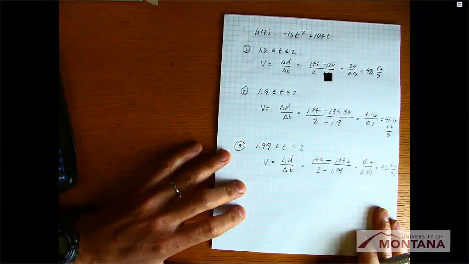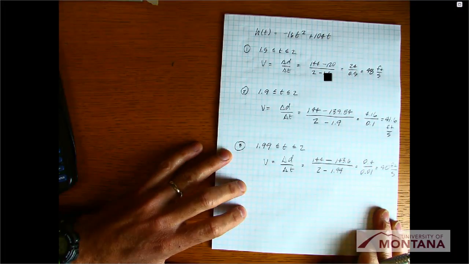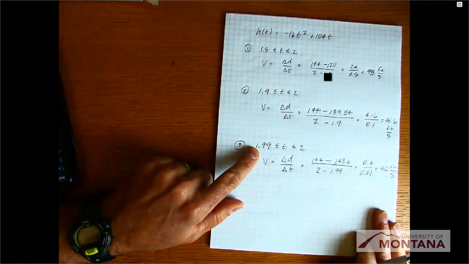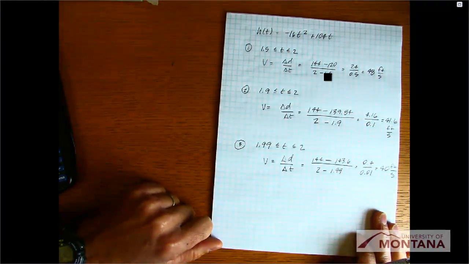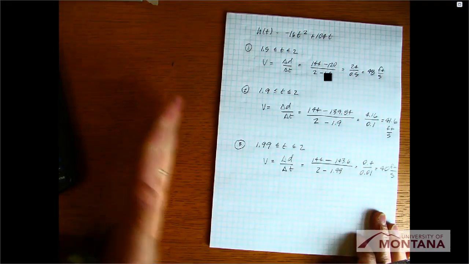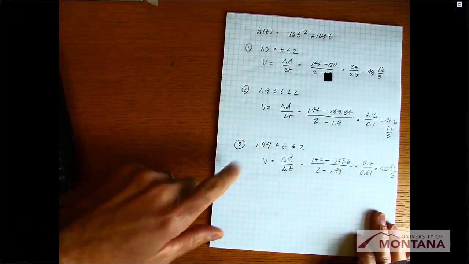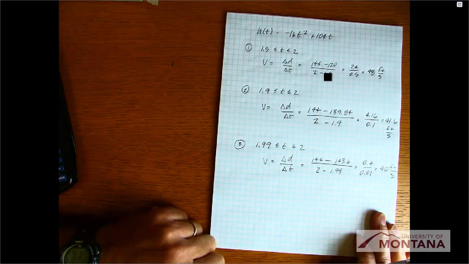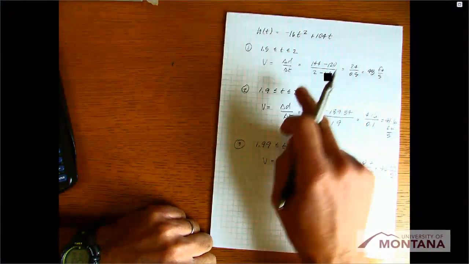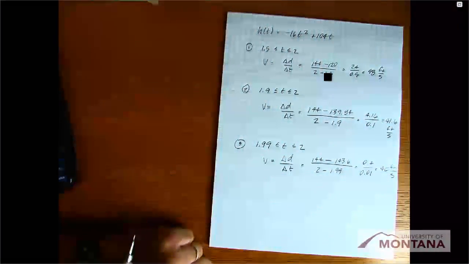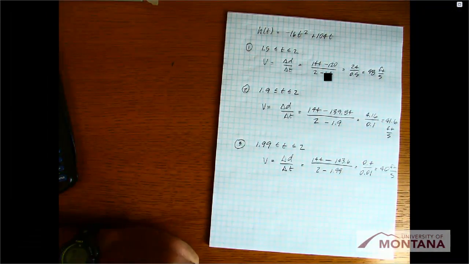I should note too that it would probably be worthwhile to do this from above as well. You notice that we're converging from below. In other words, the delta t is converging to 2 from below, or getting closer to 2 from below. We could also do this above the interval. So we could put, for example, from 2 to 2.5, from 2 to 2.1, from 2 to 2.01 to see